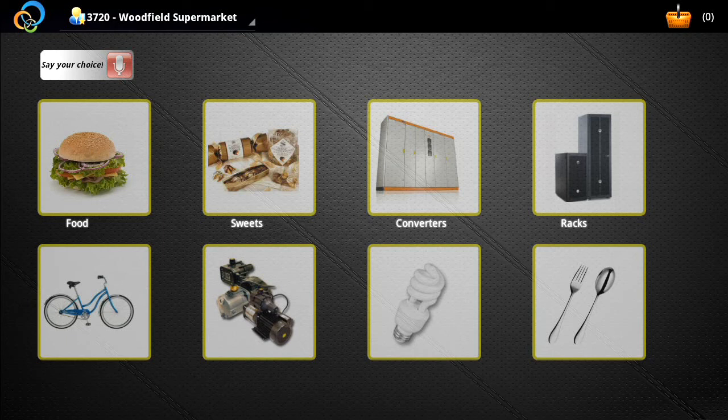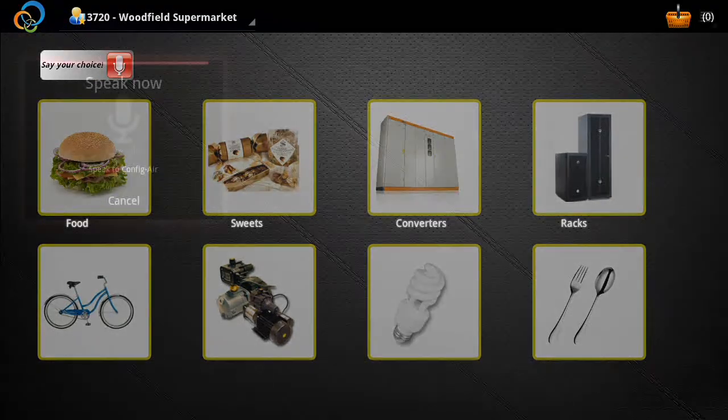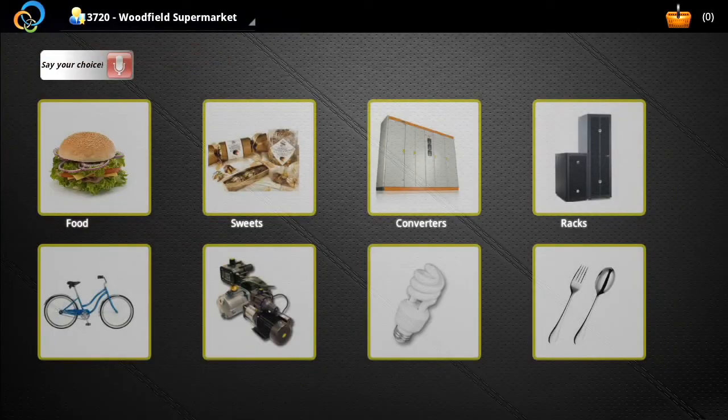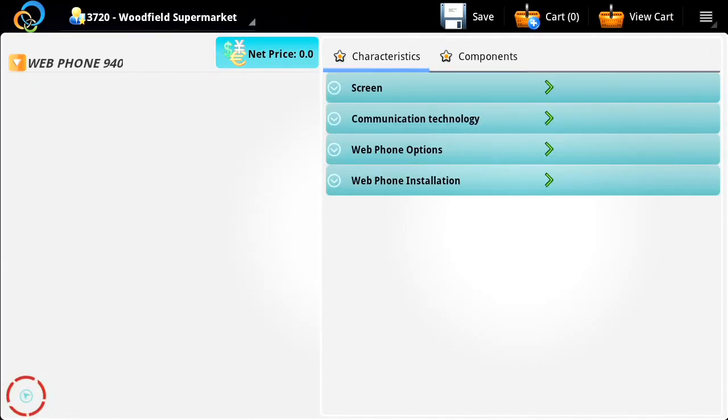or my catalog is very large and I have my favorites, I can just go ahead and tap on my Say Your Choice button, and if what I say matches the description of one of the items in the catalog, I can go right there. So why don't we go ahead and test that on the Webphone. Phone. And as you can see, the application has interpreted correctly that I said phone, and it took me to the